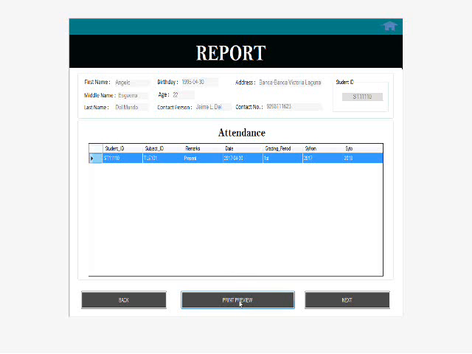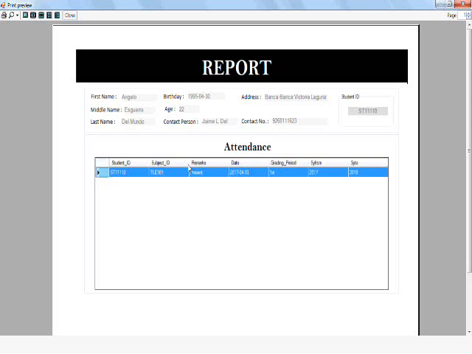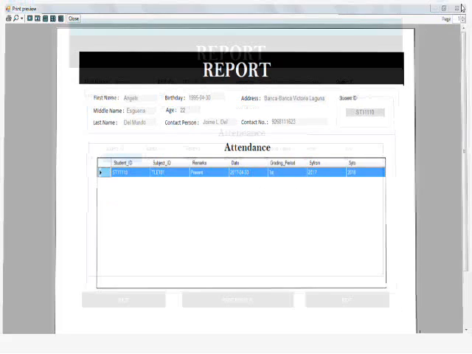Let's see the print preview of our student attendance. So there it is, the report of our student attendance. Going to close it.